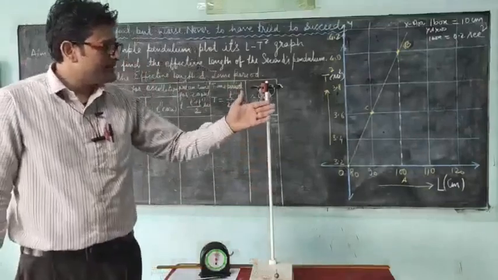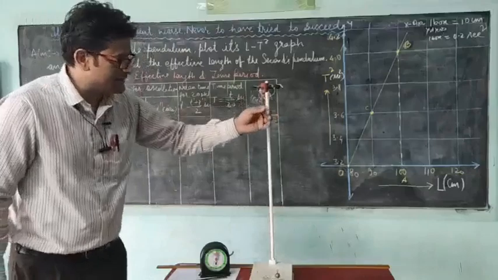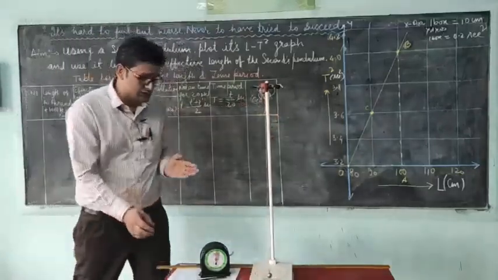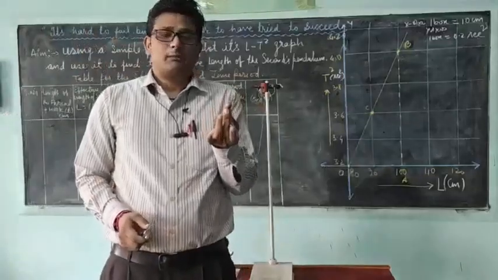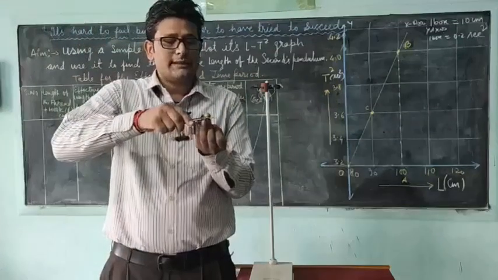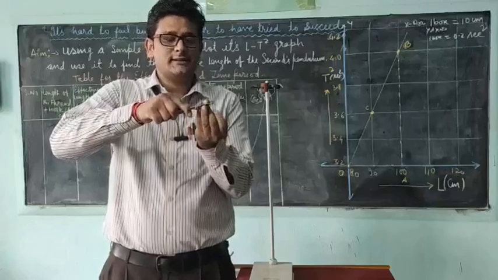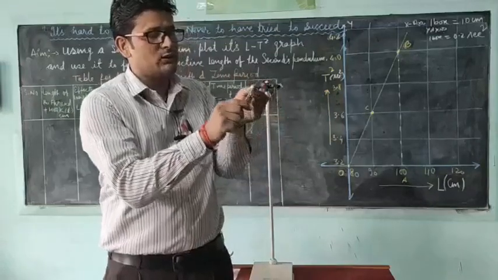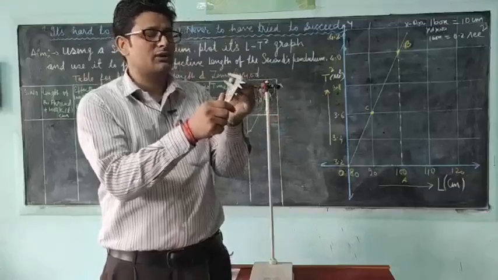So this is the procedure. Now I have made the arrangement. I have fixed the length at 80 cm. So first I will take this length as 80 cm. Before taking the measurement, I want to explain how to find the diameter. First you hold the metallic bob in hand. Then you put the metallic bob inside the lower jaws of the vernier calipers like this. You can see over here. You can do it horizontally and vertically, 1 and 3 times. I am taking only 1 time.